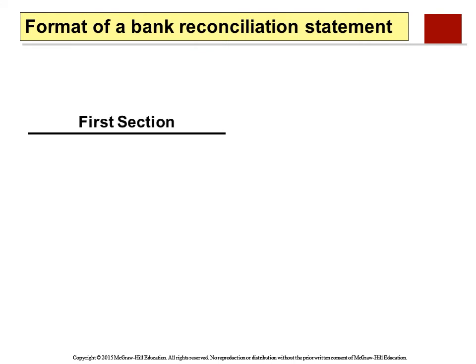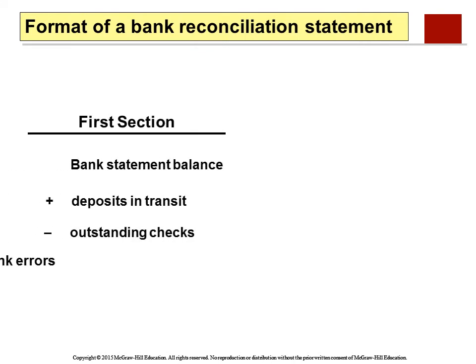So what does a bank reconciliation even look like? There are 2 halves of it. The first half is the bank part. We're going to say this is what the bank says we have. Okay? Then you're going to add the deposits that should be in the statement, but it's not there yet. So you have it in your books, but it's not in your bank. So you're going to add those, and then you're going to subtract the outstanding checks, saying, okay, even though this